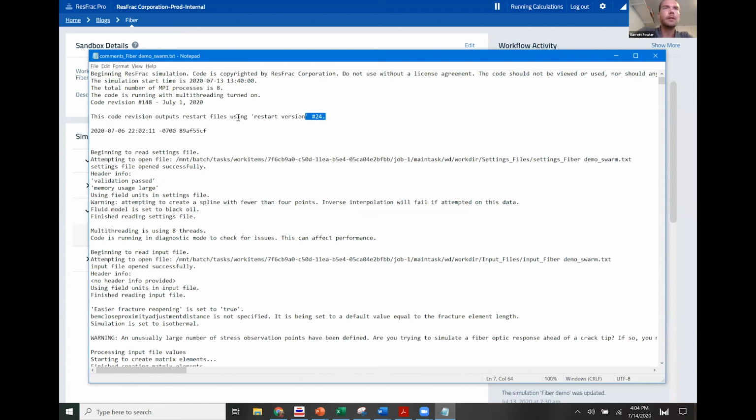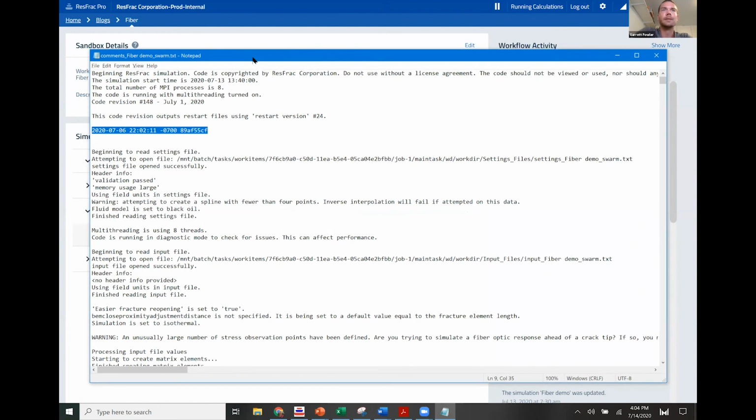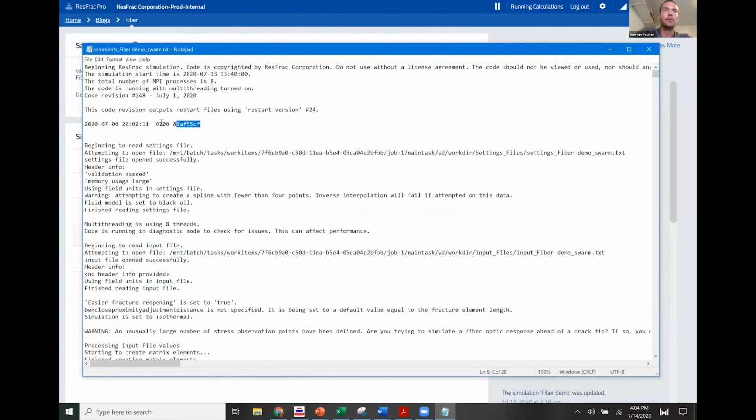So that's the restart version. And then this says the original code revision number 148, deployed on July 1st. And then this is the simulator sub type. So if you ever were emailing us, this row right here with that serial number helps us track down the